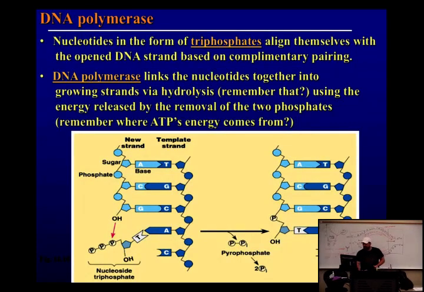So this is just showing you that in order to make the reaction occur, we need an OH group, a hydroxyl group. I think you guys understand that. Two of the phosphates get cleaved off, so the phosphate gets put together like that. This is showing that a T is pairing to an A. So any questions about that?